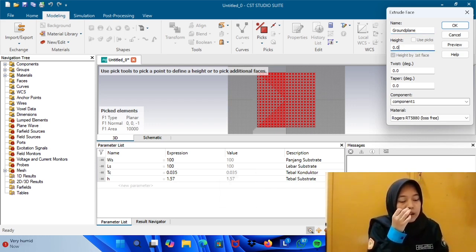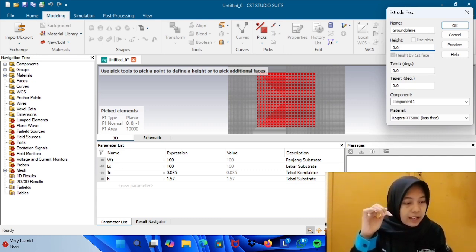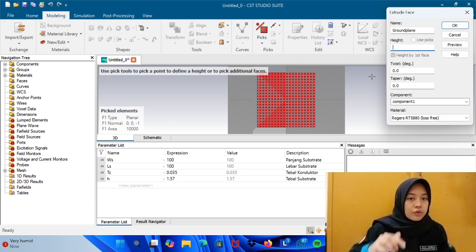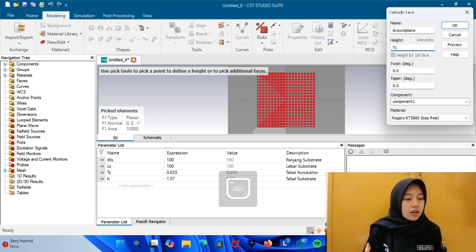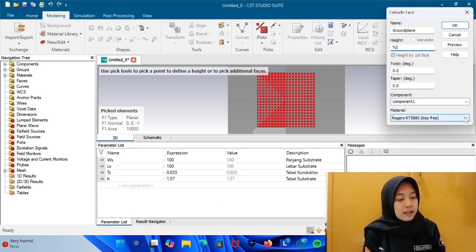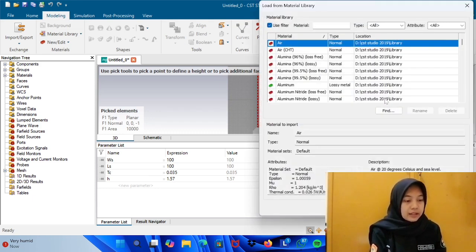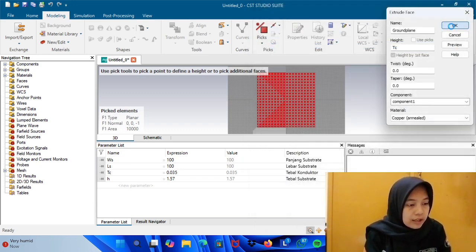For height, because the height of the ground plane is the same as TC, you create only TC. For material, use copper material. You click material library and filter copper. Yes, load. Okay.